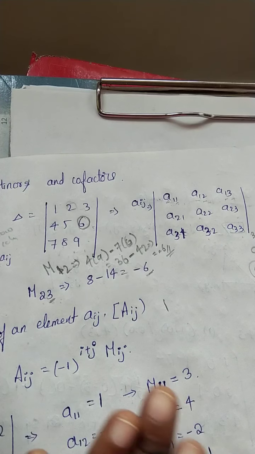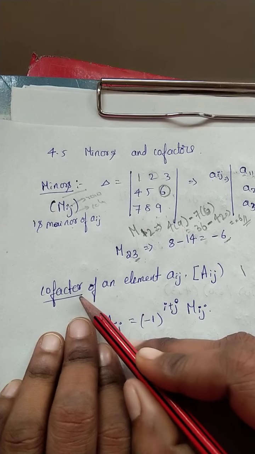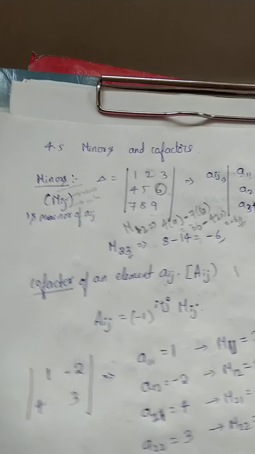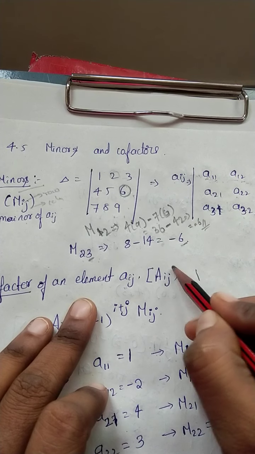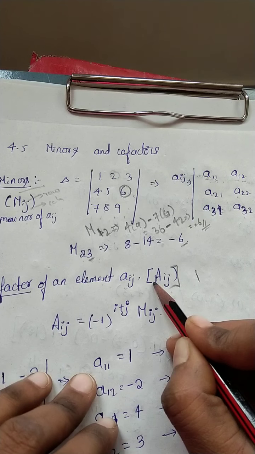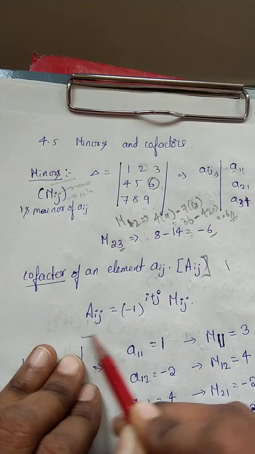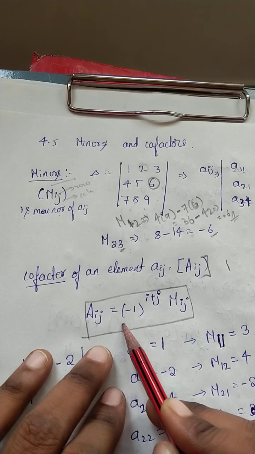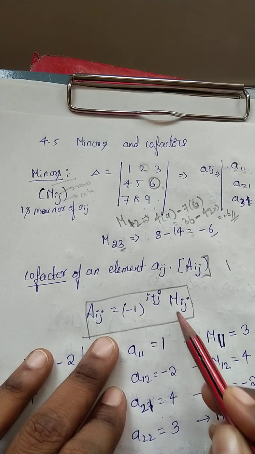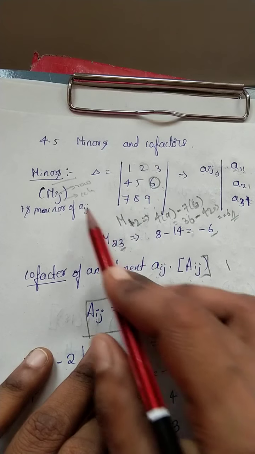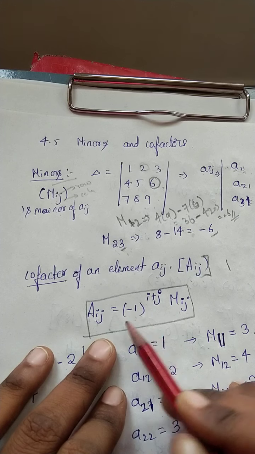Okay, now in the same topic there is another one, that is cofactor of the element. Cofactor of any element in the given determinant is represented by capital A of Ij. Now the cofactor completely depends on the minor value. So the formula for that is A of Ij is equal to minus 1 to the power i plus j into M of Ij. So M of Ij we will calculate before, then we will substitute in the cofactor formula. Okay, so this is the main thing.